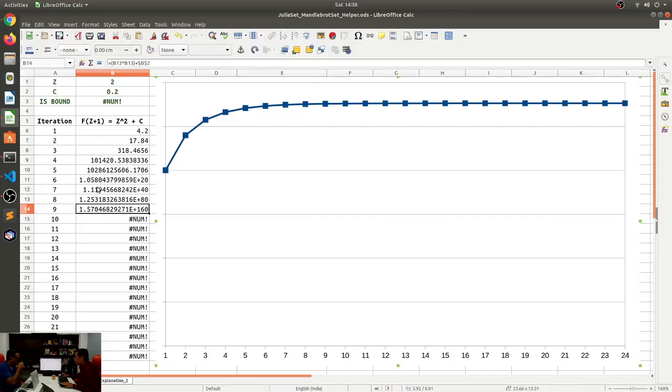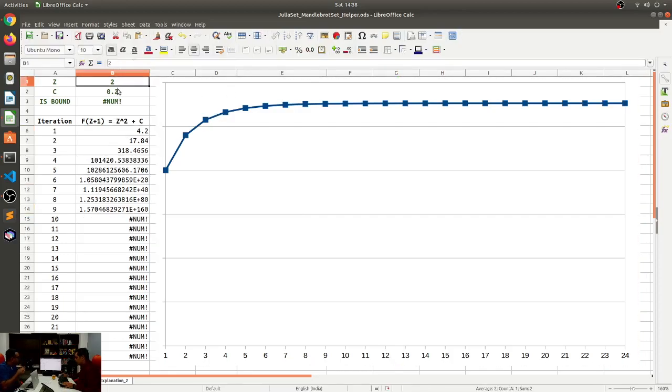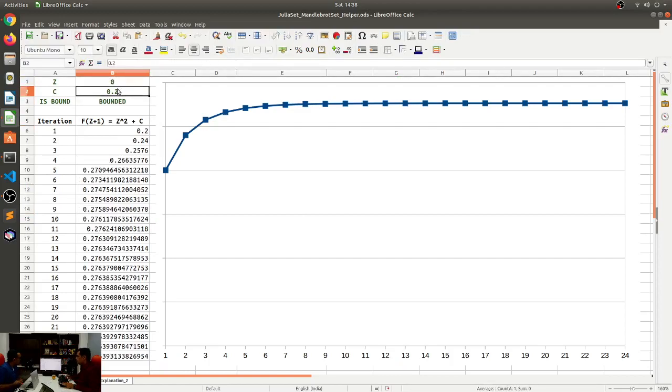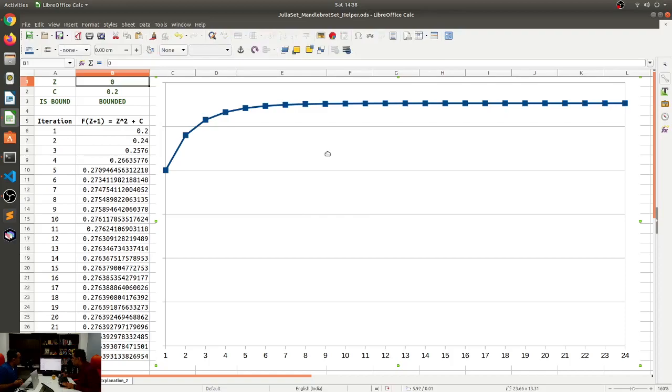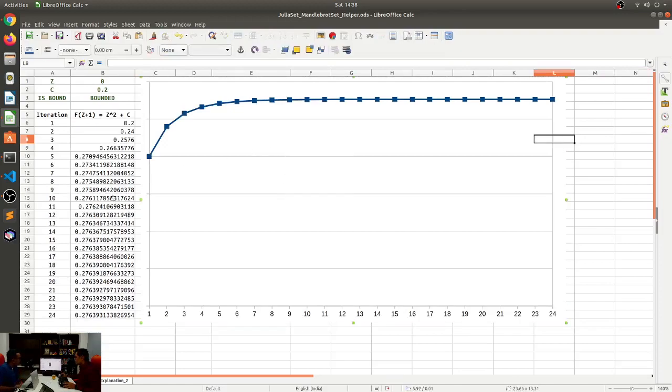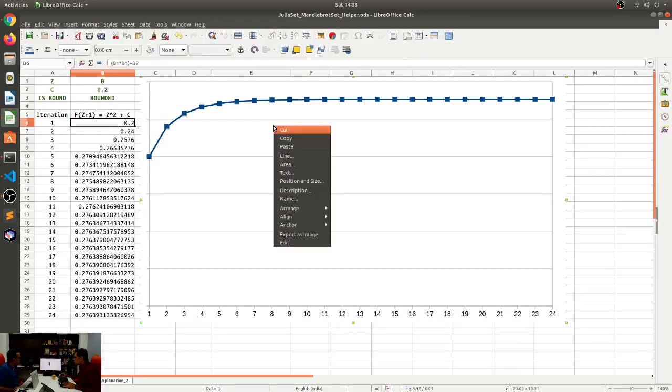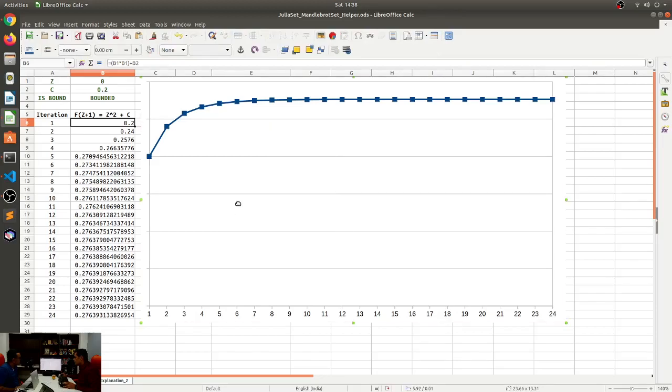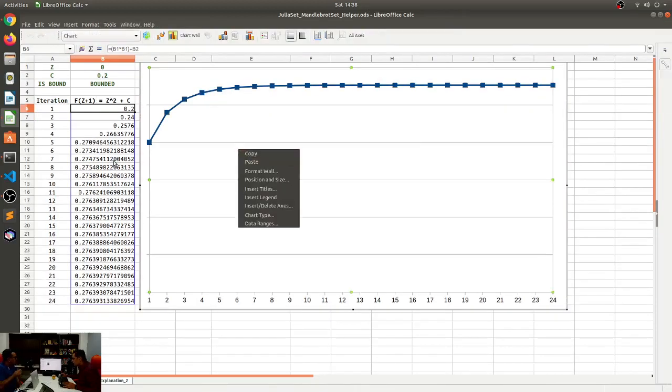Did I change this data? All right, doesn't matter. Oh, wait a minute. Did that go unbounded? Why didn't the graph change? I'm not sure. But let's look at it. Maybe something went off. Let me just take a look at the data for this graph. Oh yeah, no, it is over here.